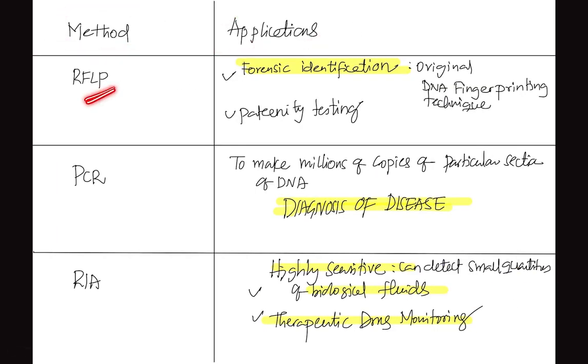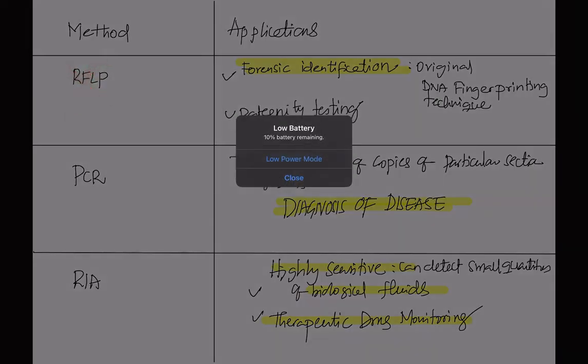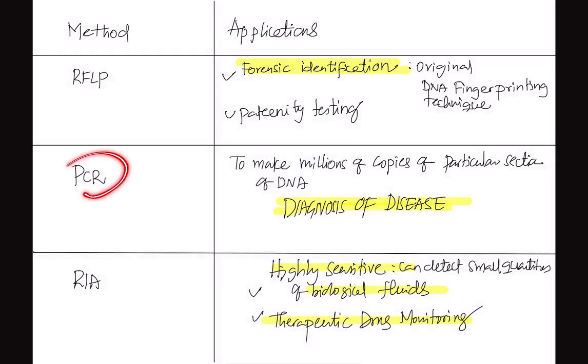If you take RFLP and PCR, we're not doing RFLP now because RFLP has a lot of disadvantages. PCR has only one disadvantage. What is that? There is risk of DNA sample contamination, because this test is so sensitive. Apart from that, the applications are similar, but when you write answer for these questions, you have to highlight the major application. RFLP was used mainly for forensic identification for DNA fingerprinting technique, and also